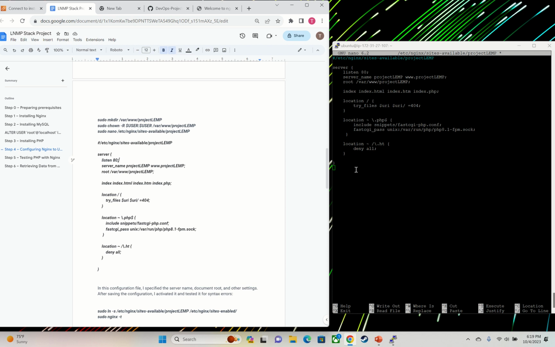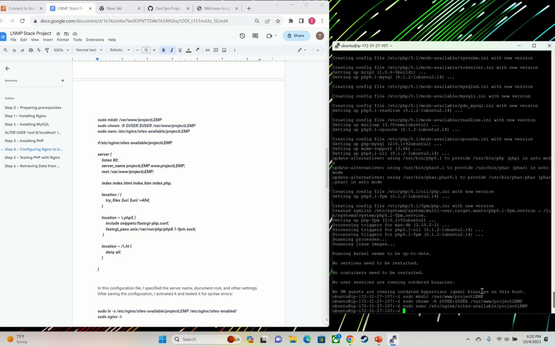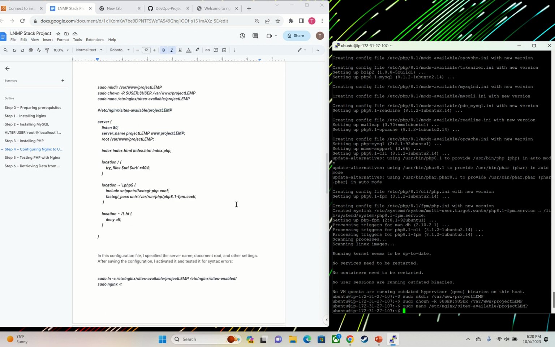So that ends that. And so once that's copied and pasted into here, what we're going to do is press Control X, and then press Y. At the bottom it says save, press Y, and then it's saying file name to write. The file name is already written, so all we have to do is just press enter. Now that that's done,